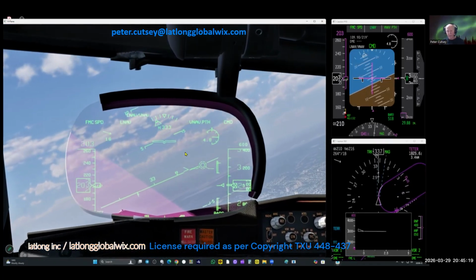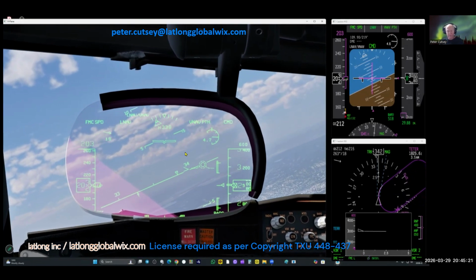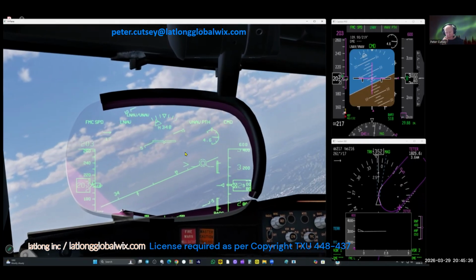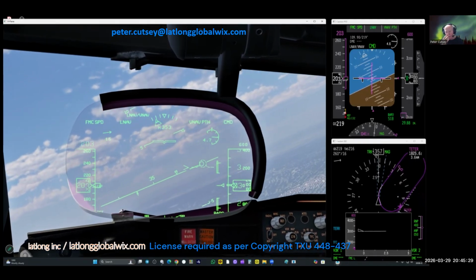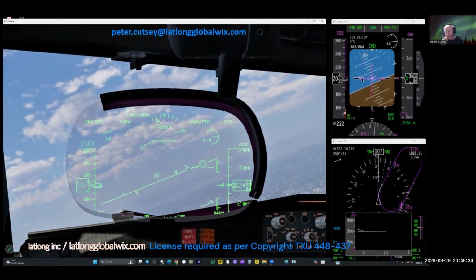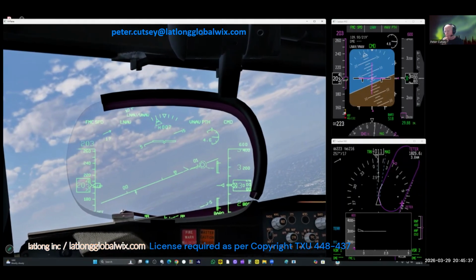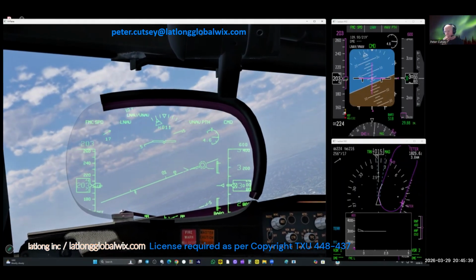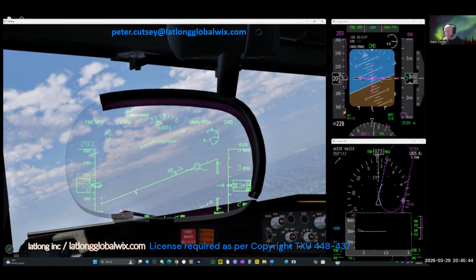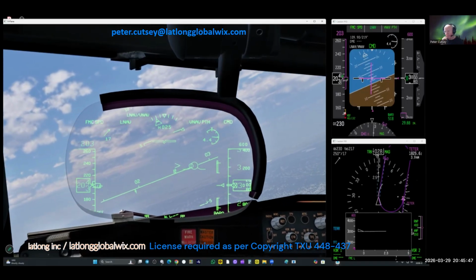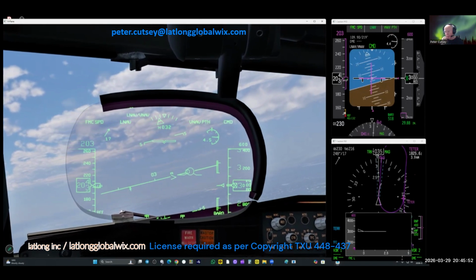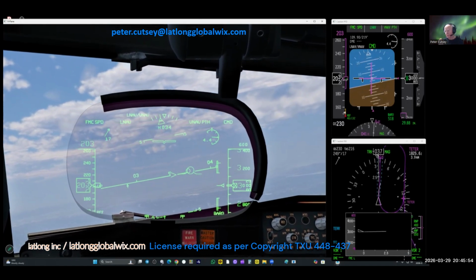We do all types of training, HUD training, initial training, pressure courses, low visibility, you name it. My name is Captain Peter Kutze. I've logged more than 30,000 hours of actual flying time and more than 18,000 hours in the simulator and counting each day. I train pilots around the world, crews, to their company SOPs, ensuring that they adhere to the SOPs,